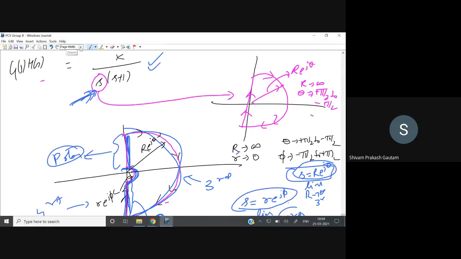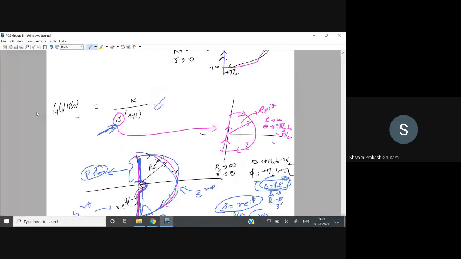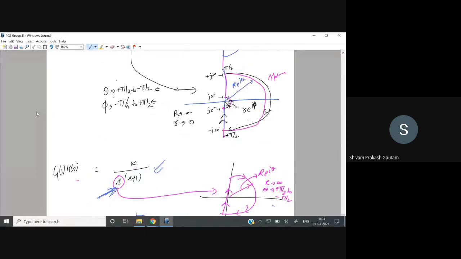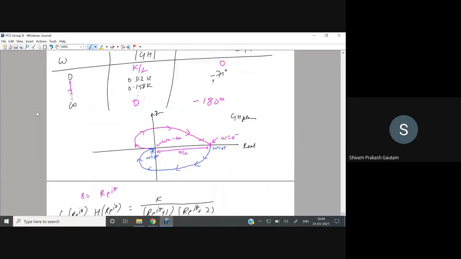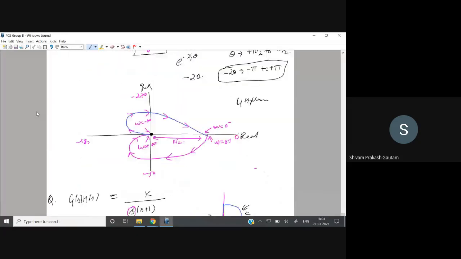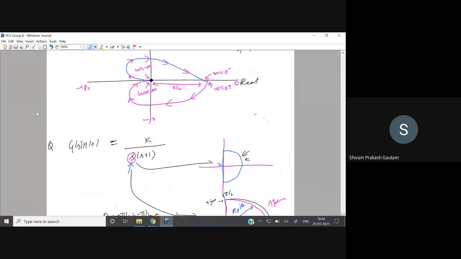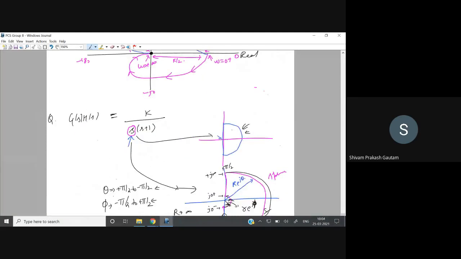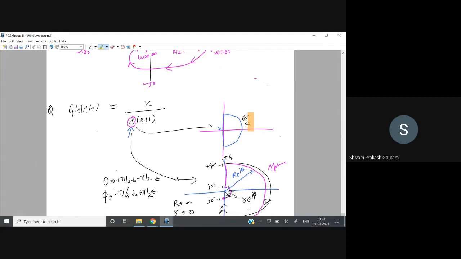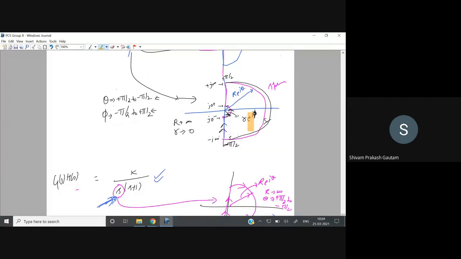All of you should also follow from the notes as well as from the book. Then only you will be able to understand. This will take some time for you to get in. Okay. The Nyquist plot, the earlier polar plot, it was easy. The Nyquist plot contains the Nyquist contour as well, so it will become a little bit harder. So you have to pay a little more attention, and also you have to solve from the notes as well as from the book. Okay.